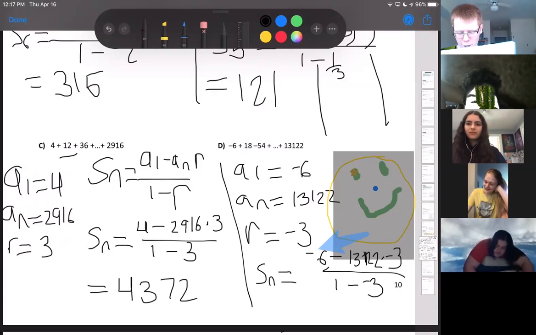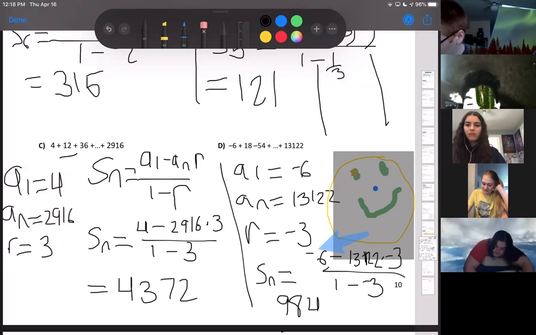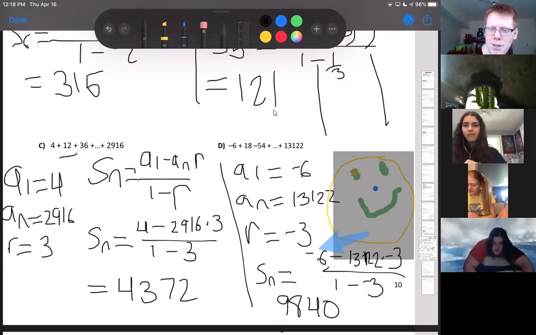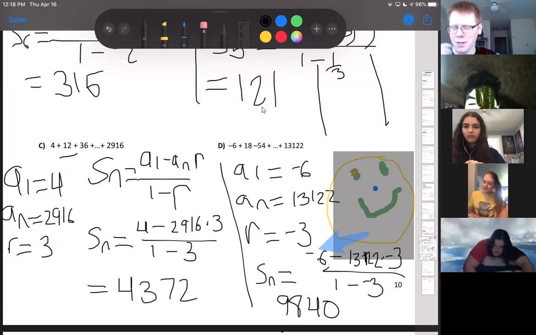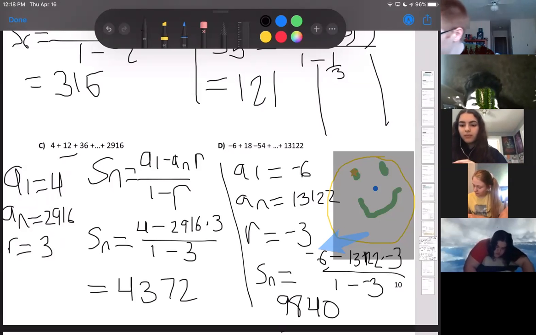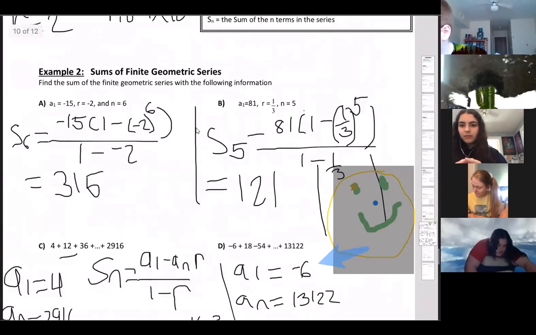So if you plug this in, as long as I didn't do anything incorrect in my calculator, I got 9,840. Yeah, that sounds about right. That's what they got on their key as well. So as long as we're both not wrong. Okay, so that's the first big idea for today, calculating a sum